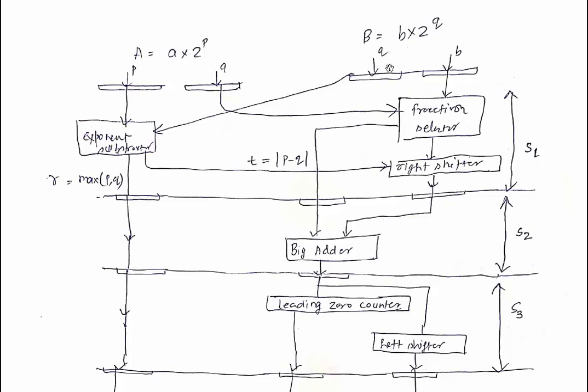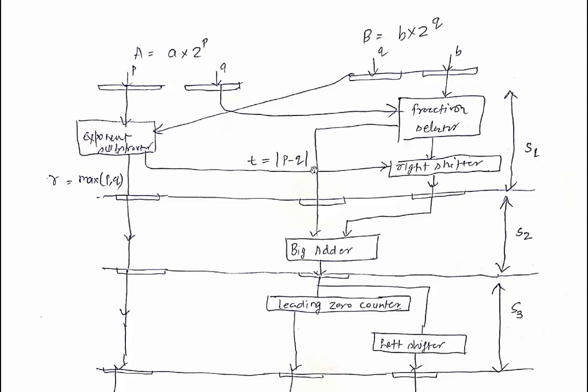Now you have to compare the exponents. So p here, q here, and an exponent subtractor, which compares the exponents. It evaluates the maximum exponent, and the mantissa with the smaller exponent is right shifted accordingly. So let's say 10 raised to power 2 and 10 raised to power 3. Then 10 raised to power 2 would be shifted one bit right. These are your a and these are your b mantissas, and here is your fraction selector. At a time it can select a or b.